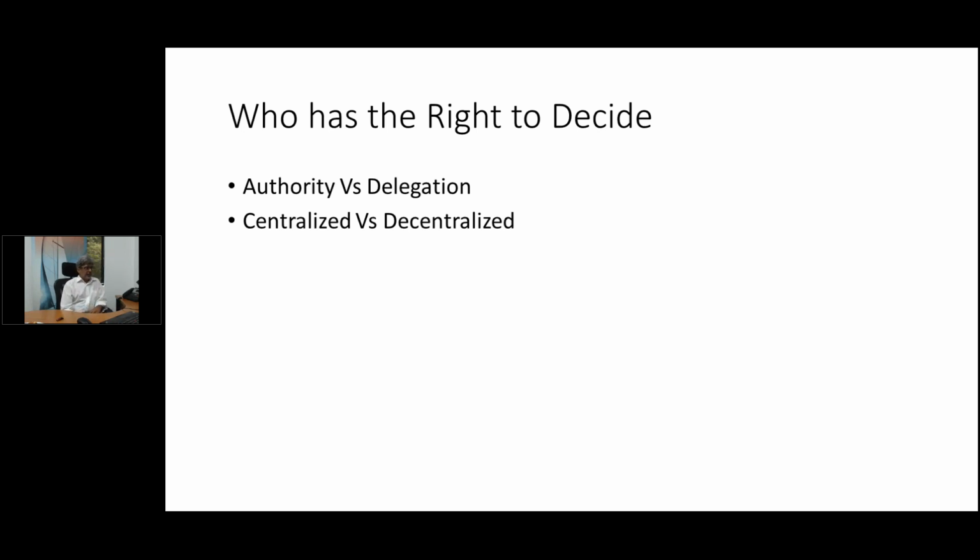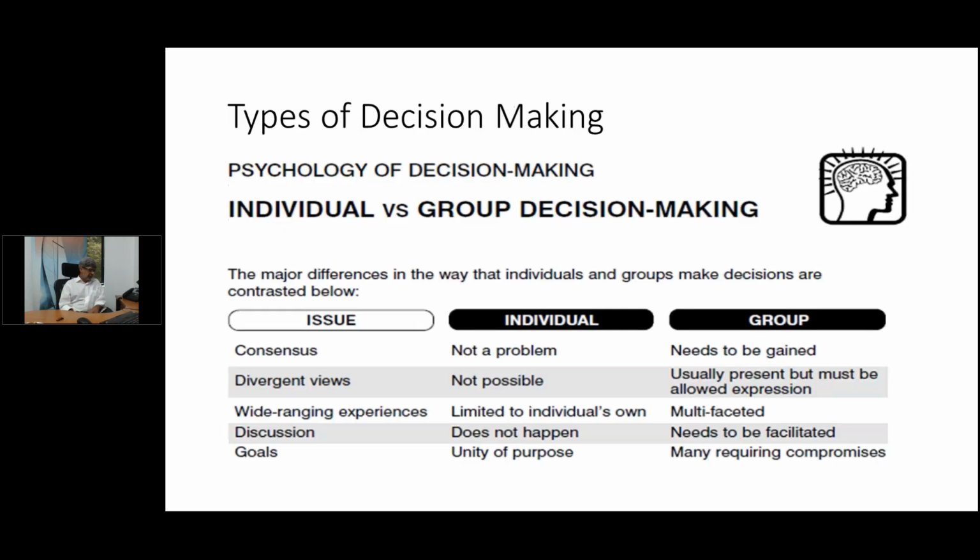Okay, we have the individual versus group decision making. Sometimes we need to make decisions on our own, or maybe sometimes we need to make a decision with the help of a group. So whenever we need to make a decision, we have to look at a problem from one mindset. There's a relationship between one to many. We can think of a problem which is subjective in nature,